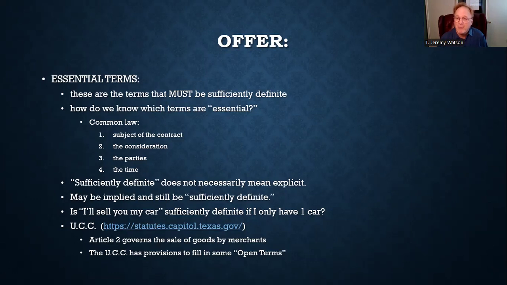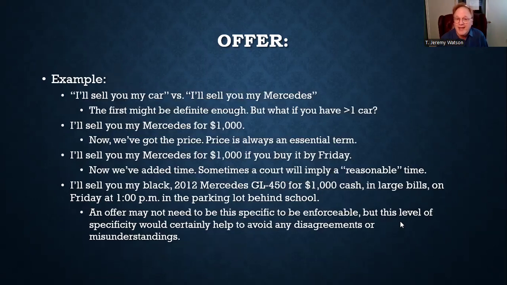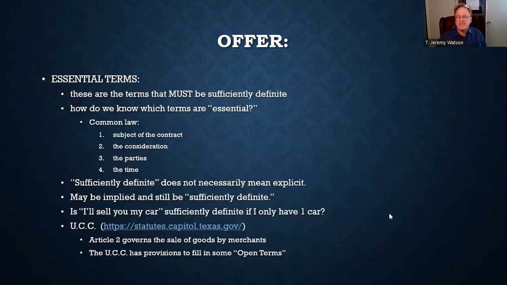Typically, we have to be able to identify the parties. Did that offer we talked about a minute ago, did it identify any parties? Let's roll back and look at it. I don't remember any names, but did it identify any parties? Sure it did. I will sell you my Mercedes for $1,000. So if Steve is standing beside us, can he jump in and say, hey, I'll take that deal? No, he cannot, because we didn't make Steve an offer. I didn't say I will sell you or Steve my car for $1,000. I said I will sell you my car for $1,000. So we've identified the parties.